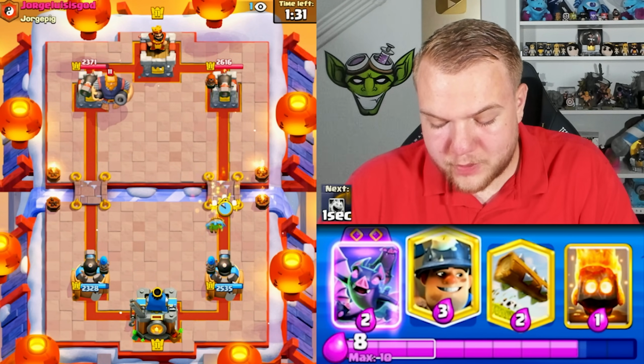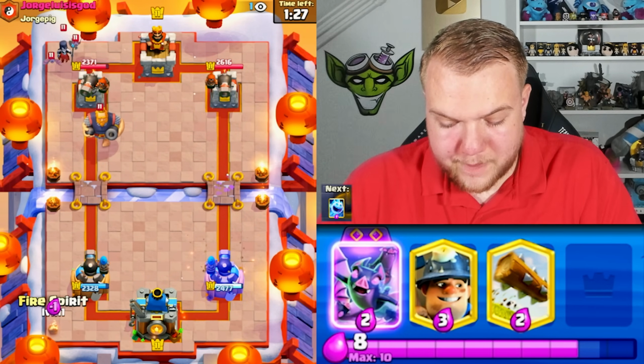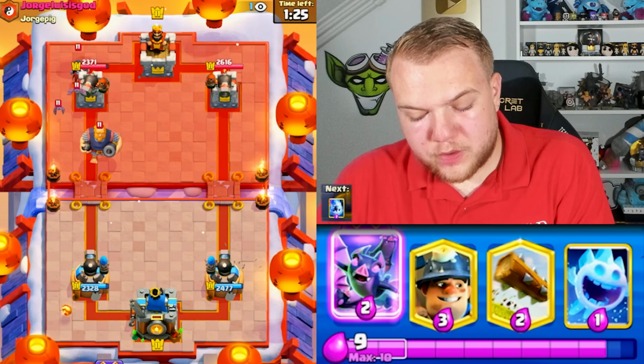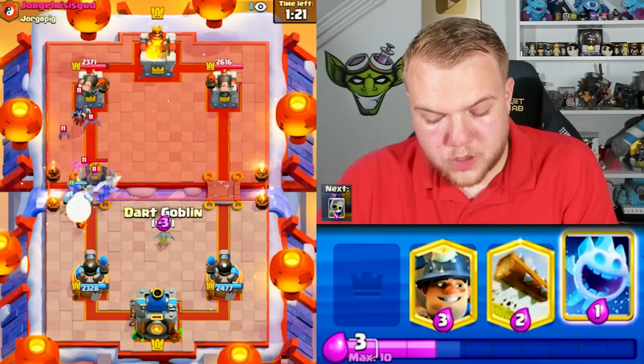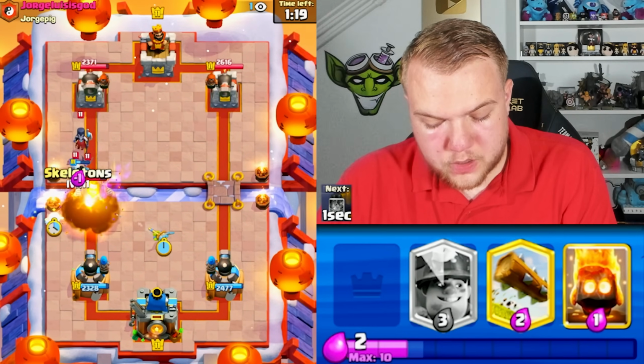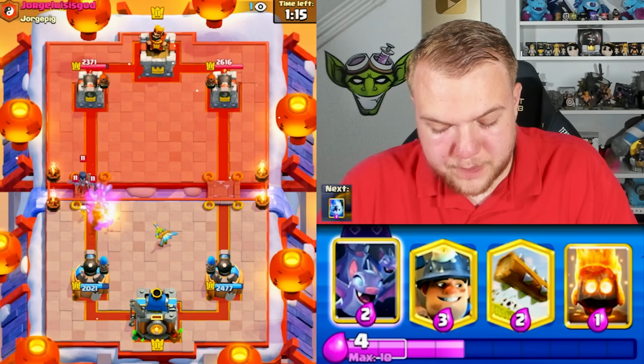Let's go with Dark Golem on the right side. Let's go with Skeletons here as well. And I'm gonna try to cycle towards my evil bets here to take care of the Royal Giant as soon as possible. Okay, let's go with bets now. Let's go with Ice Golem here as well. Let's go with a Dark Goblin. He is gonna go with a Fireball. Let's go with Ice Spirit. Let's go with Skeletons. And I think I'm just gonna leave it like that to then afterwards keep enough elixir